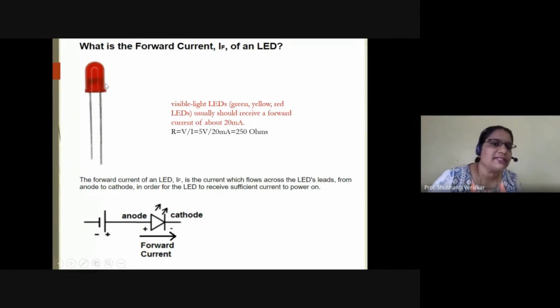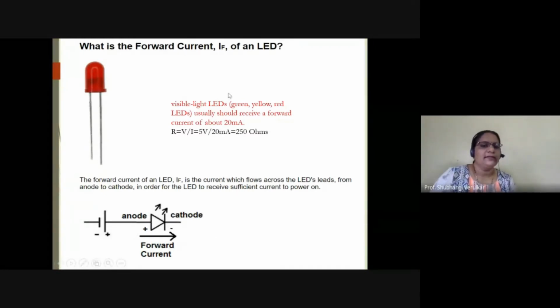If you look inside any LED, you can see that the cathode has a flag shape. This flag is nothing but the line we have in the symbol, which is called the cathode, and the straight line inside the LED package is your anode. So we come to know that an LED has two terminals, anode and cathode. Anode means positive terminal and cathode means negative terminal. When current flows from positive to negative, it is called forward current.